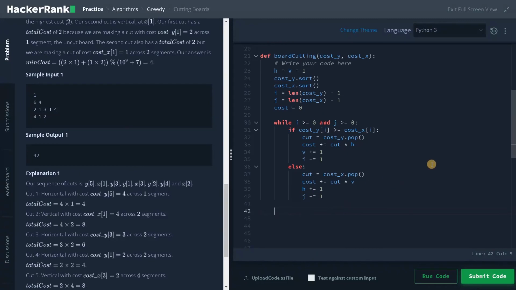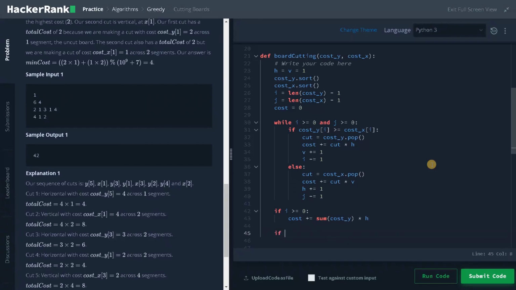So this list will have ended. Now if you have some remaining elements or cost to cut, means if i greater than or equal to 0, that means if it has some elements, I will say cost plus equals sum of cost underscore y multiplies h.